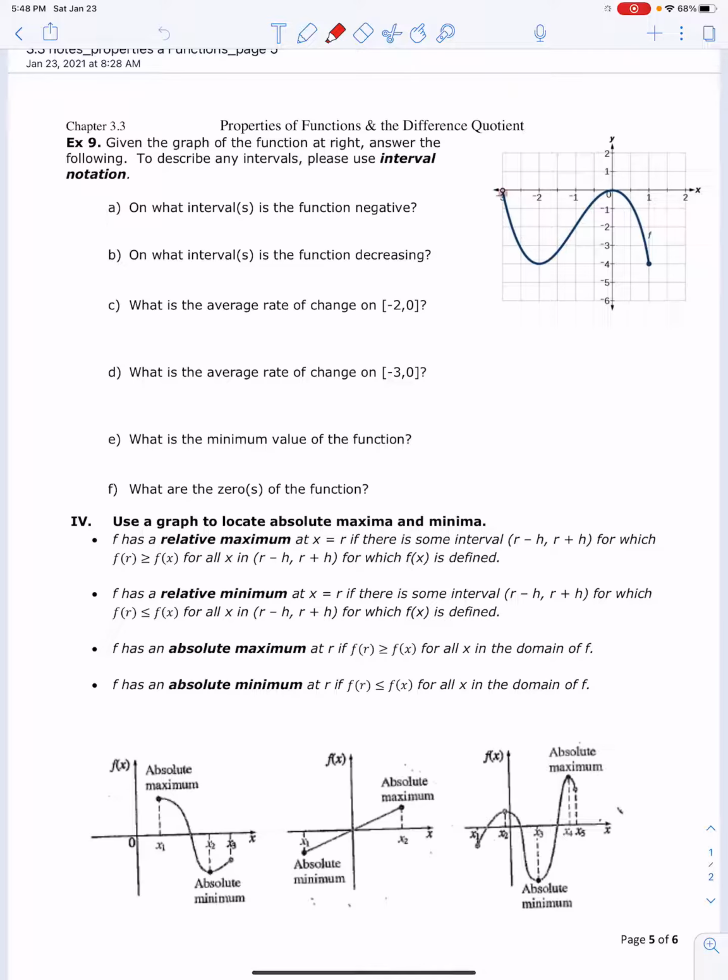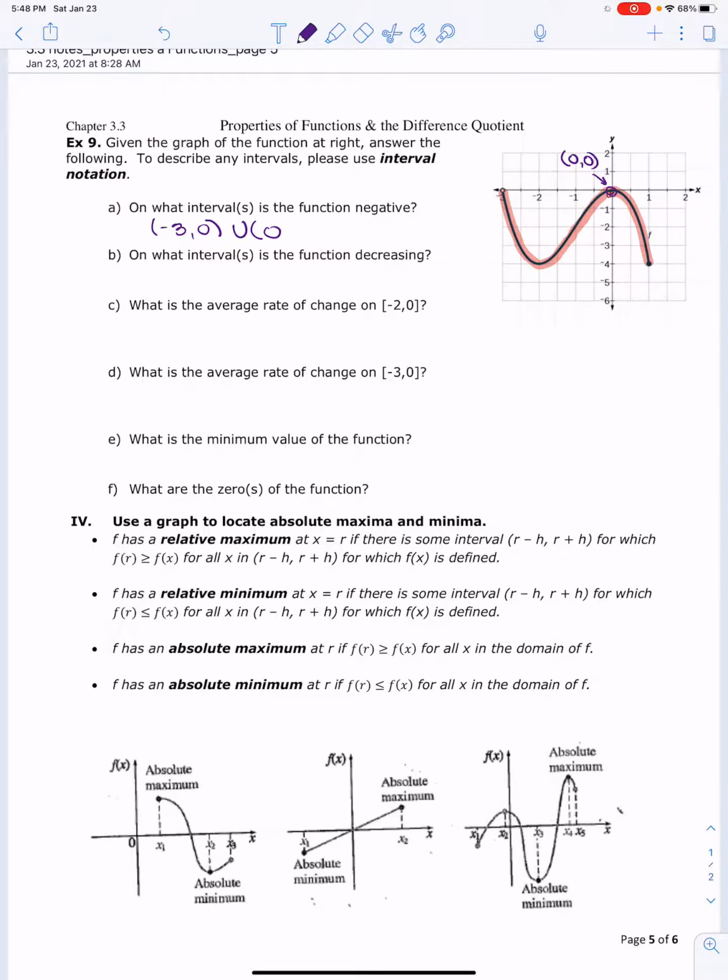Here's the thing. Under 0, 0 doesn't count. So all of this is negative. It goes up to here. All of this is -2. So it's really easy to want to say this is negative between -3 and +1. The problem is right here at 0, we've got this value, 0, 0. That output of y is 0. It's not negative. So when we list this, we have -3 to 0, parenthesis there, parenthesis on the other